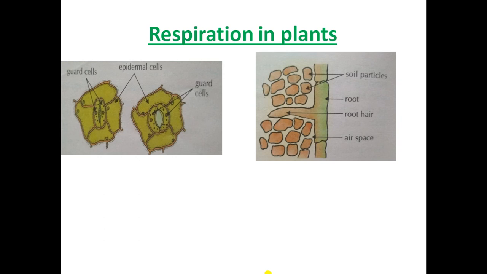So what happened? Oxygen from the air in the soil particles diffuses into where? Root hair, and reaches all the cells of the root, where it is utilized in respiration. And in the same way, carbon dioxide produced during respiration goes out through the root hair by the process of diffusion. And students, one more thing I want to tell you is, have you seen the woody